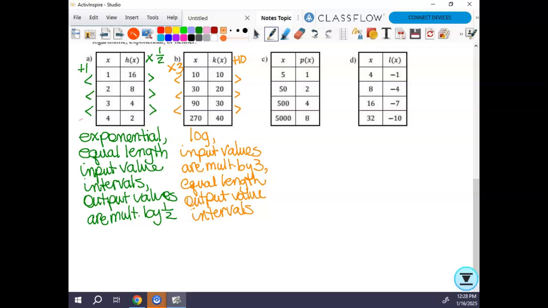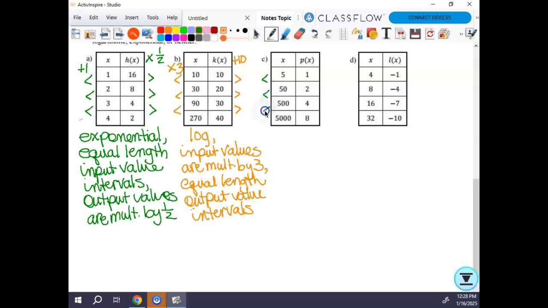And if you talked about the outputs first, if you said I have equal length output value intervals and then the input values are multiplied by 3, that'd be totally fine. As long as you say it all, then it doesn't matter how you write it. What questions do we have? We all good so far? All right, so then